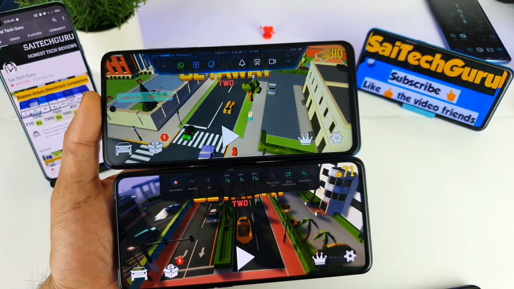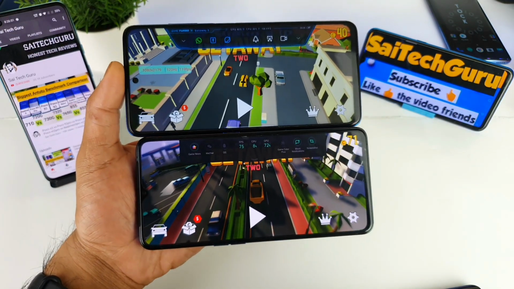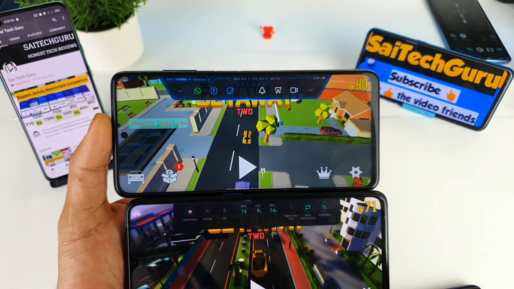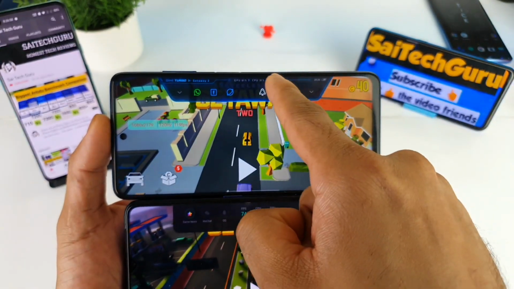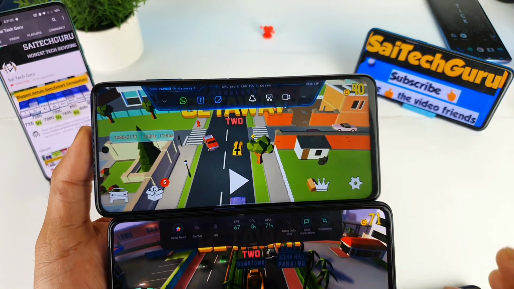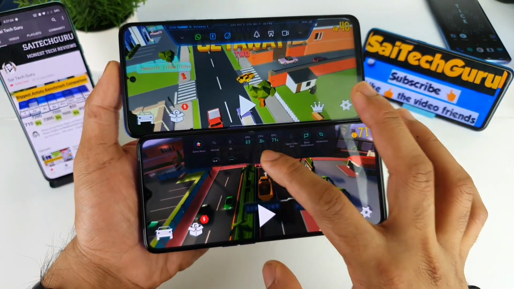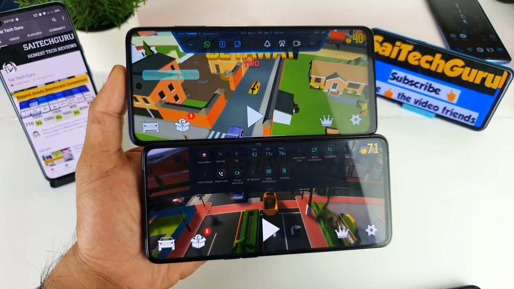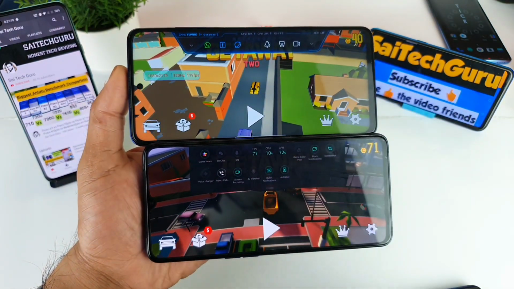And right now you can see the Realme X2 Pro has a 90 Hz refresh rate only. So that's why we are seeing the score around 79 FPS. And right now in the Poco X3, you can see the FPS count on the top as well. And in the Realme X2 Pro, if you scroll down, you do get this kind of options: screen recording, notifications, autoplay, and a few other applications on the top you can change.